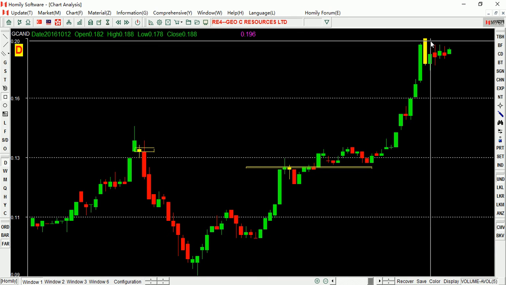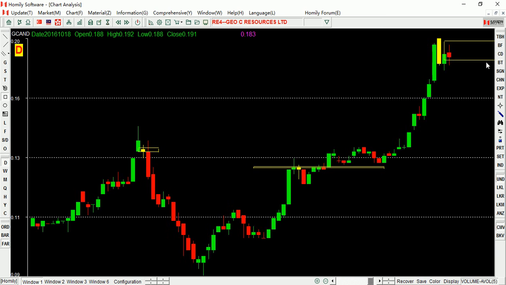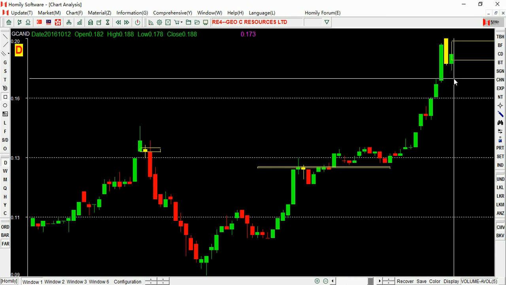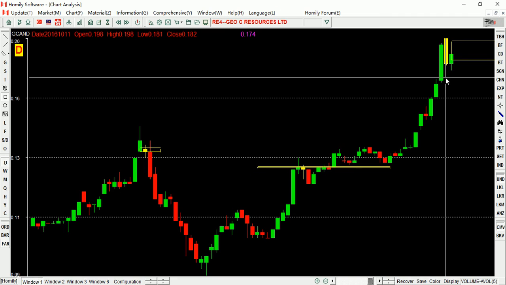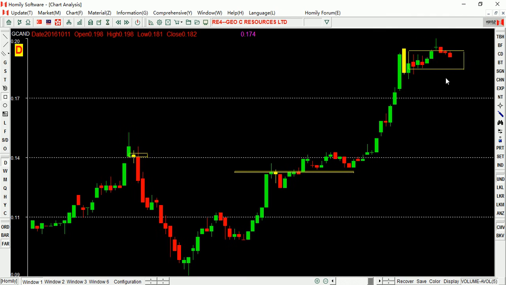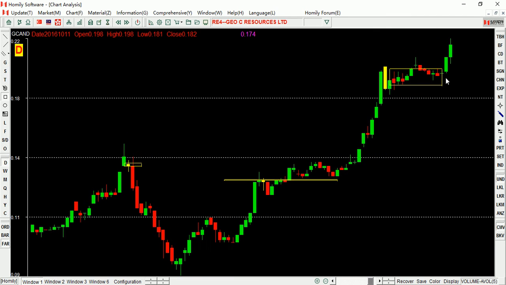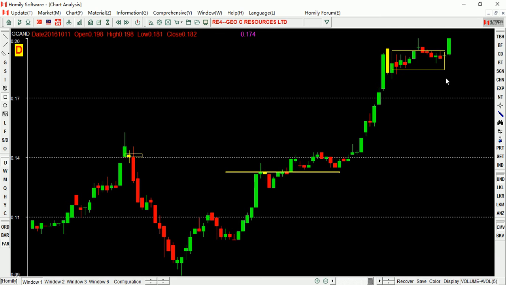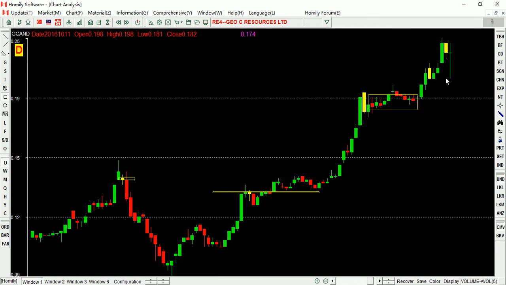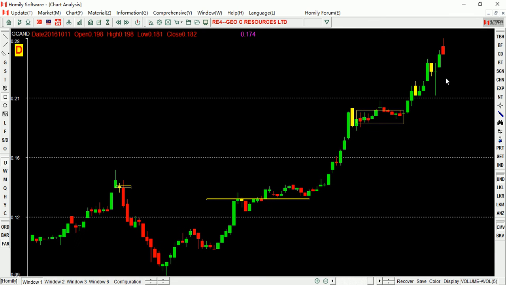So the yellow candlestick appears again. Sell or not? You should check by the closing price. The closing price is higher than this one, right? So sell or not? We can still keep it, okay? So no selling, just keep it. Then upward breakthrough again. If you don't have it, you can buy. If you have it, you keep it, okay? So this is how to use the Taiji signal to buy low, sell high.